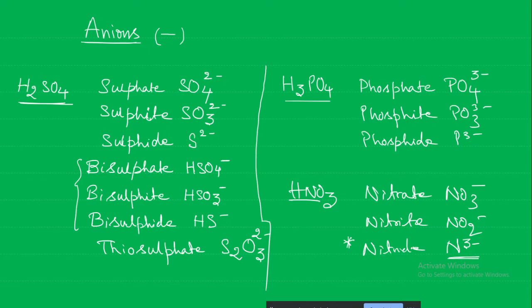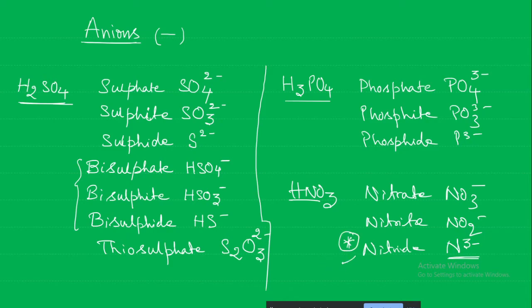Here it is a bit different. Nitride is a bit different. Here we are getting N3 minus. It is not N minus. Like here you see phosphate, phosphide, same charge we are writing, no? Here also in sulfide S2 minus, sulfate, whatever charge was there, the same thing we wrote. But in the case of nitride, we are writing N3 minus. Okay, this is an exception. You remember it that way.